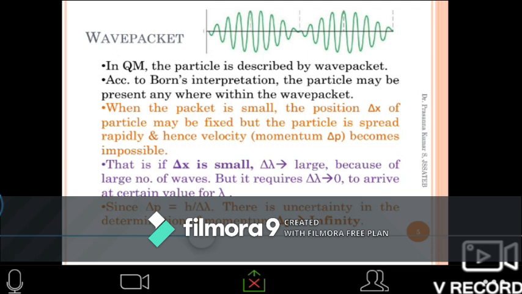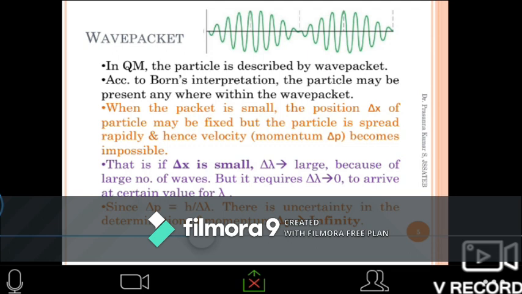If there are no differences between the two waves, it means they are identical waves. Then it is easy to find the momentum and wavelength. It is easy to find the wavelength using the de Broglie wave equation, lambda equal to h by p, or p equal to h by lambda. Then d lambda becomes smaller, tending to smaller. It means you can easily measure the wavelength.